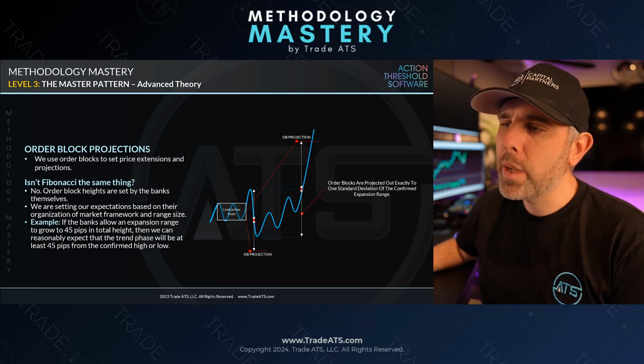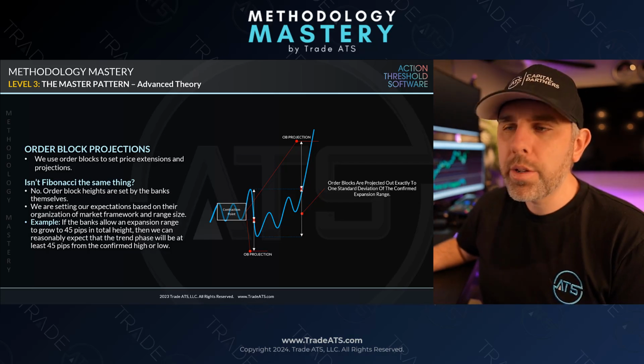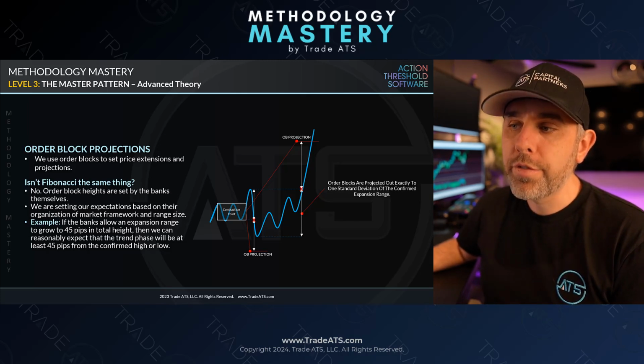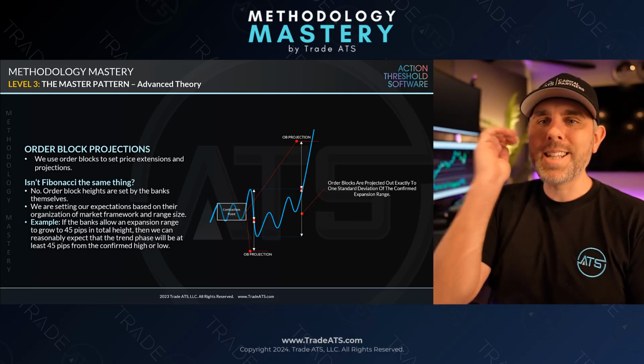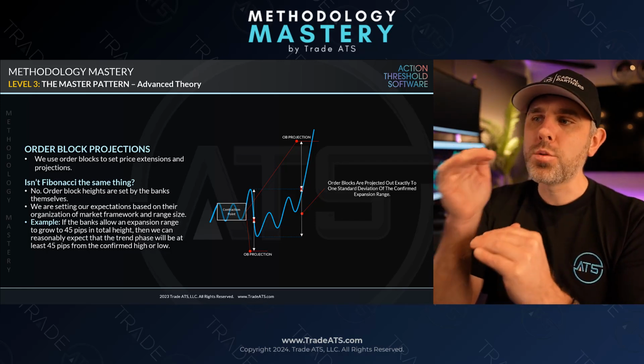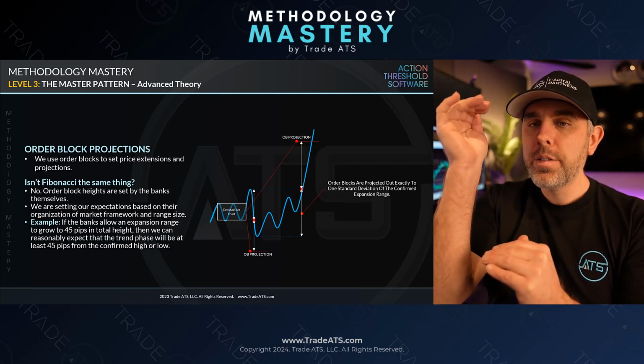As we come through that swing high point, to calculate an order block projection, you would measure from the swing high liquidity point to the lowest point, confirmed point of the current multi-leg expansion. You would take that exact size from, in this case, low to high, and project 100% up of that